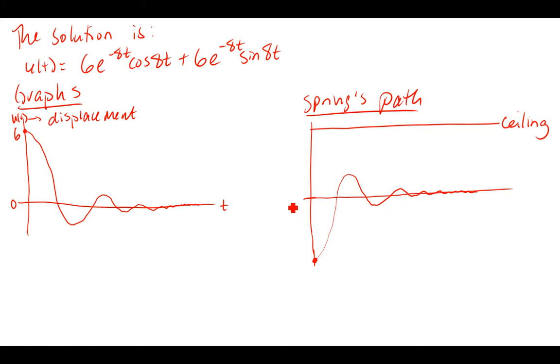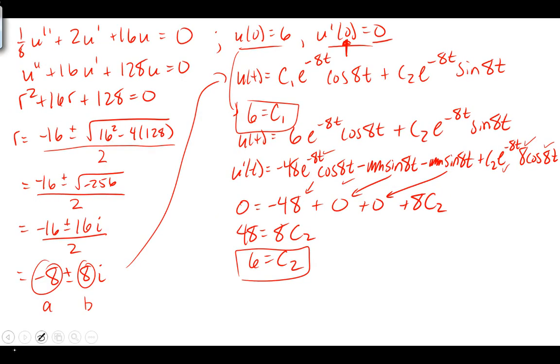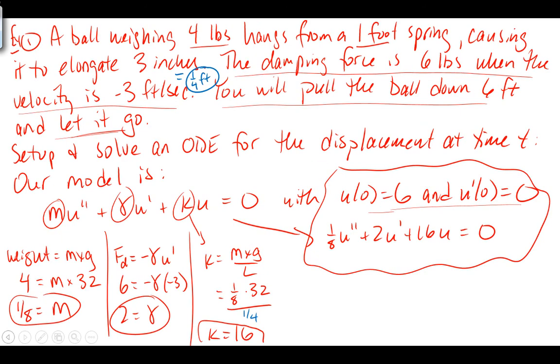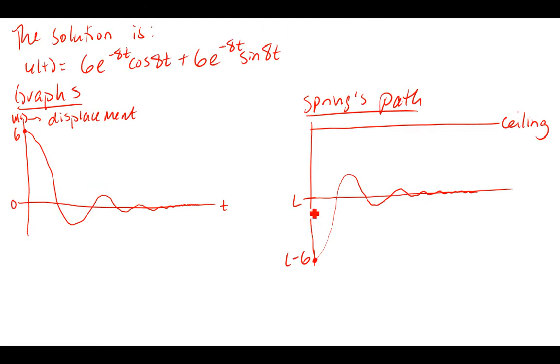So this is, of course, equilibrium. I guess I could say L for equilibrium, right? That's the equilibrium elongation. That's L plus 6, or L minus 6, I guess, if I'm doing it below. Right? That's me pulling it down 6 units. Oh, we know how much L is, sorry. L is a quarter. Okay, well that's kind of awkward. I'm not going to put a quarter on there, but technically yes, that's a quarter, which is not very big,